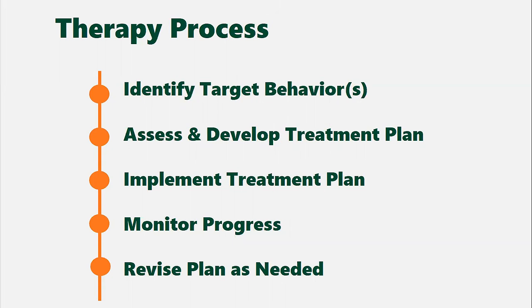So really when you go to see a behavior therapist, the process by which the therapy proceeds is usually there's a process of trying to identify what are the target behaviors that you want to address. What are those high priority behaviors that you want to start with? What are the things that are most problematic or most concerning that the individual isn't doing that you want them to improve on. So it's identifying those target behaviors. Then the therapist will work to develop a treatment plan. And that treatment plan is often very individualized. So it's not as though every kid who comes in with self-injury is going to get the same treatment plan.